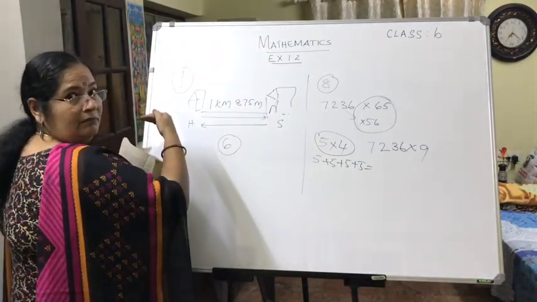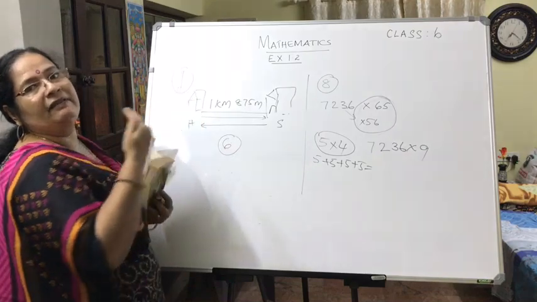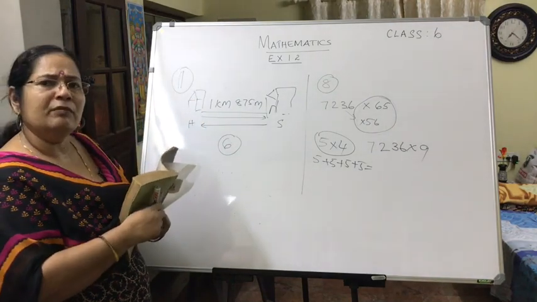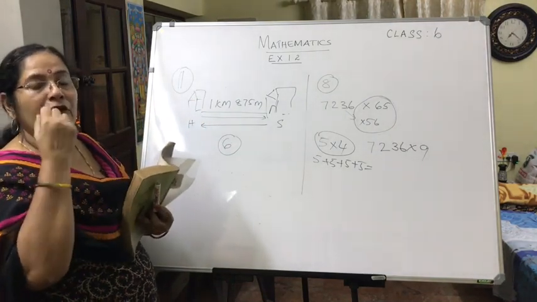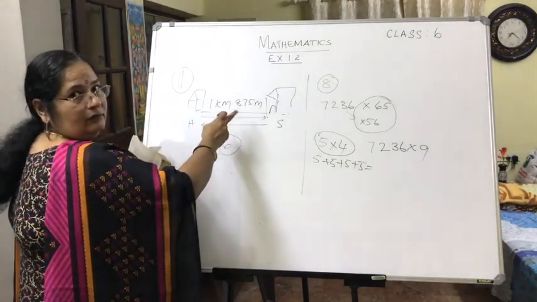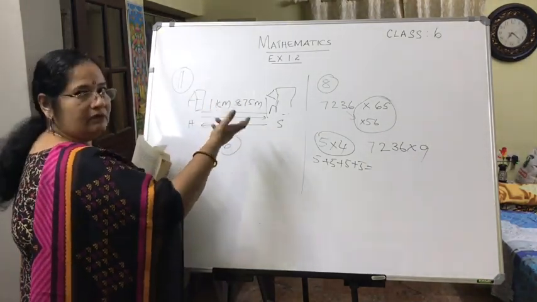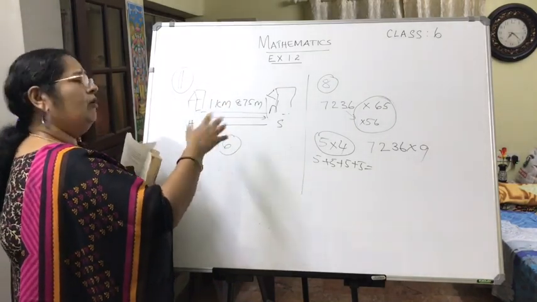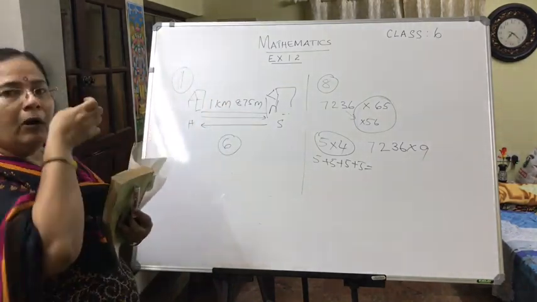School back to home, again 1 kilometer 875 meters. So total how much distance is she moving? How can you find out? You will add 1 kilometer 875 meters plus 1 kilometer 875 meters, or even you can multiply, or as in